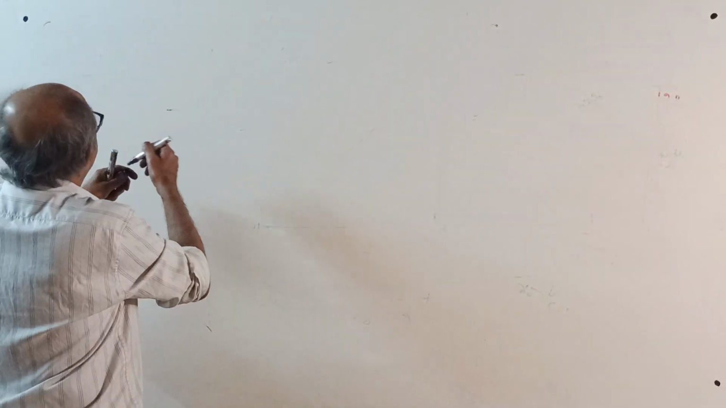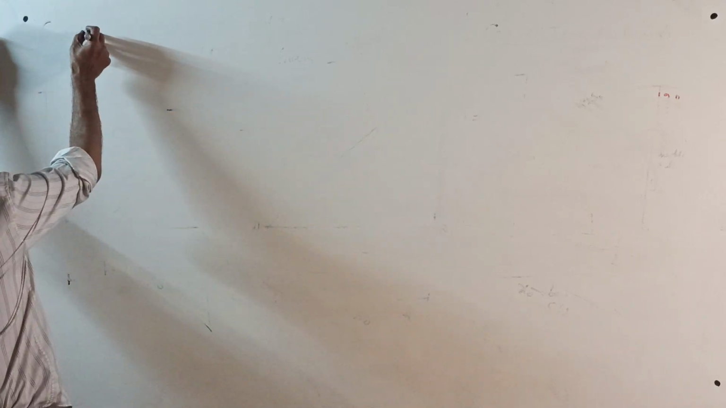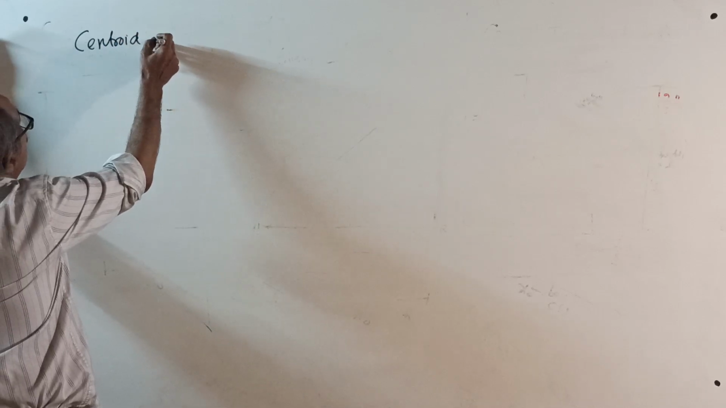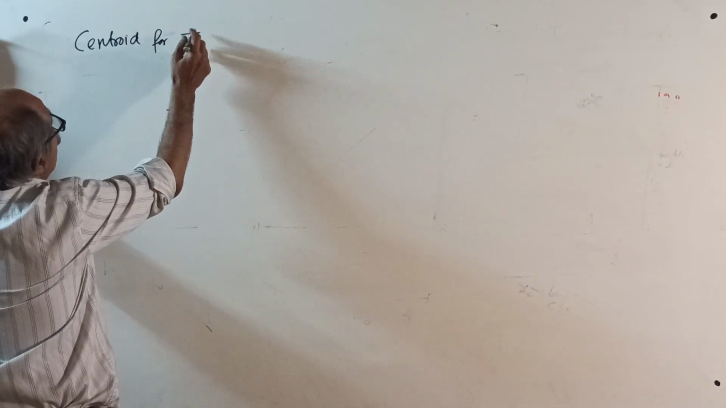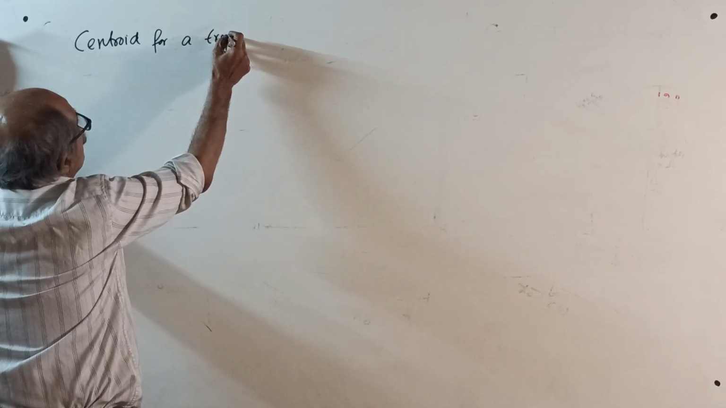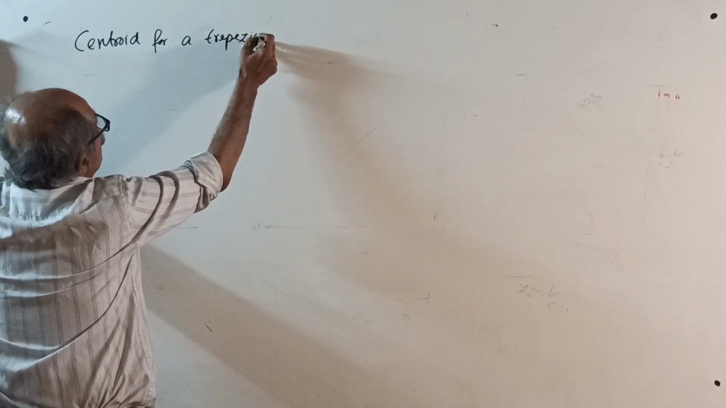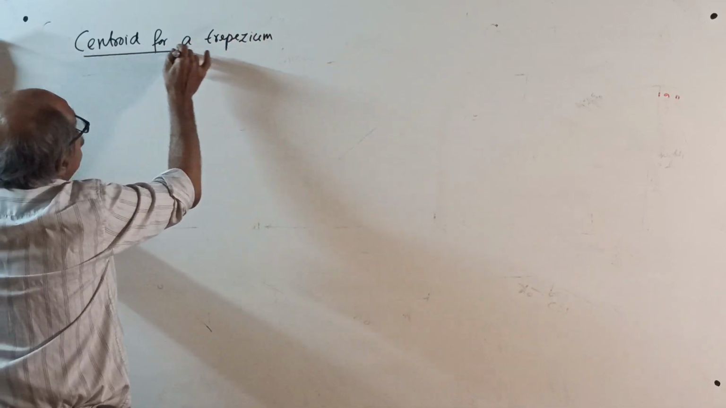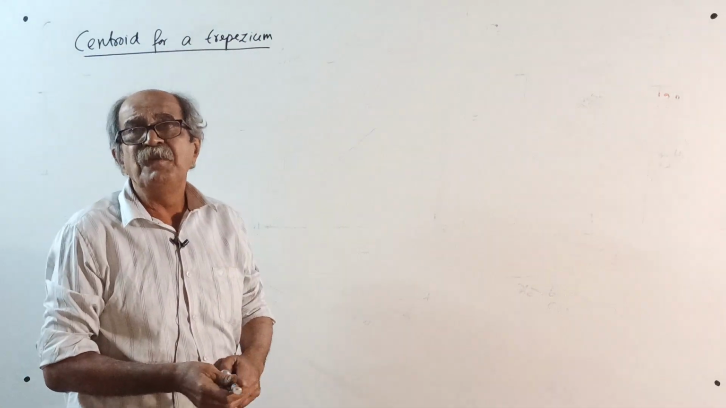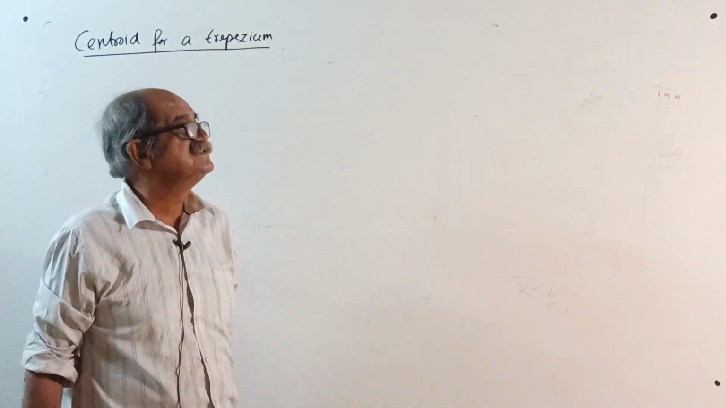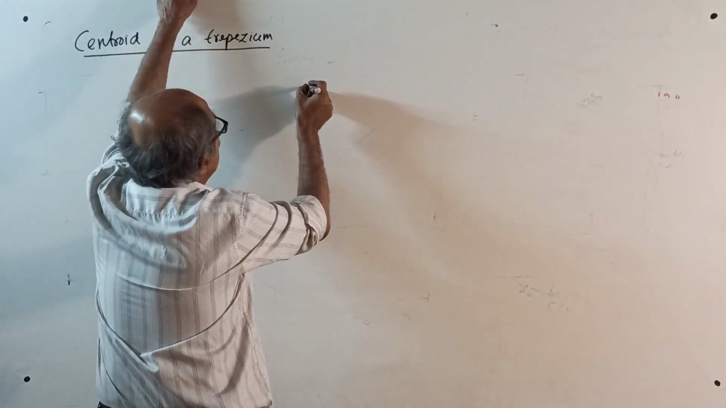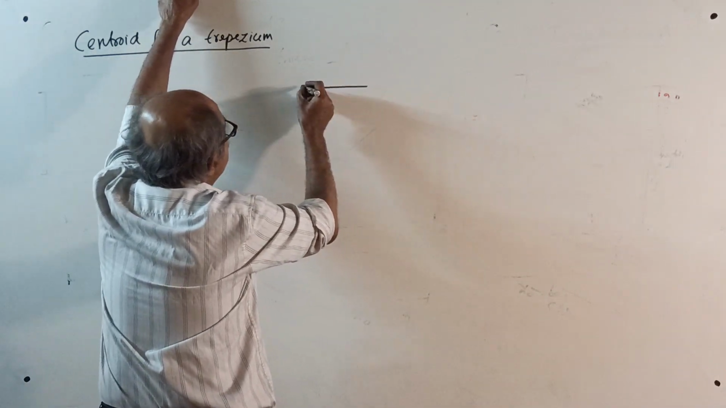Now consider a trapezium. Centroid for a trapezium. This also will come next time. Centroid for a trapezium. First, remember, you should know what a trapezium is. A trapezium has 2 parallel sides. 4 sides are there. A trapezium can be either like this,